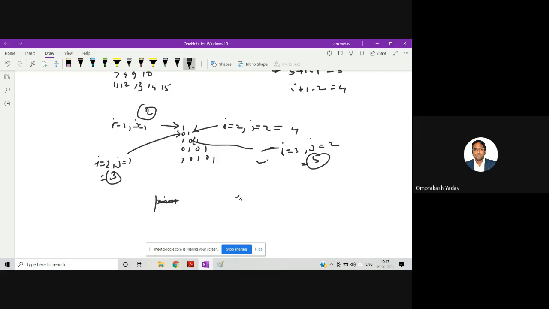So what we can write: i plus j mod 2 is equal to 0. If this is equal to 0, then it will print 1. If this is false, then it will print 0. So if we write this, we should get the output.